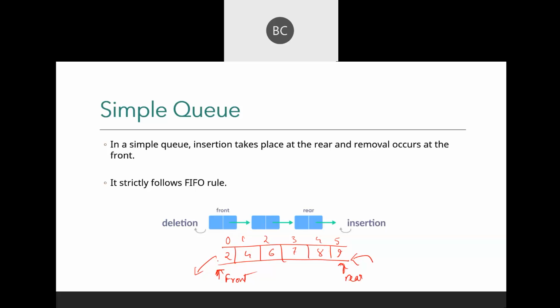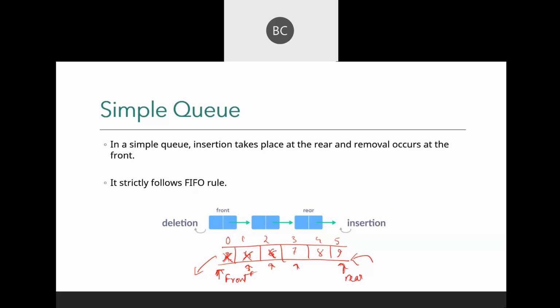Suppose if you want to delete something, what do we do? We delete from the front, right? Suppose you want to delete something, you will delete this one. Now front will be here. You want to delete some more items, now front will be here. Delete some more, front will be here.